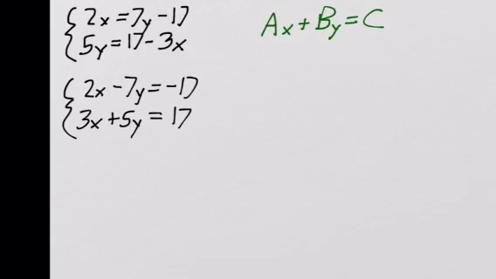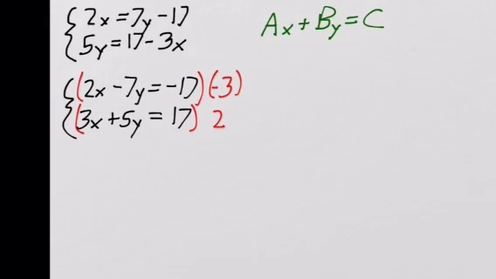And now, what I'm going to do is multiply both of these equations by something so that when I add the two equations together, adding the left side of each equation together and adding the right side of each equation together, I can get rid of one of the variables. So it works out here if I multiply the first equation by negative 3 and the second equation by 2,